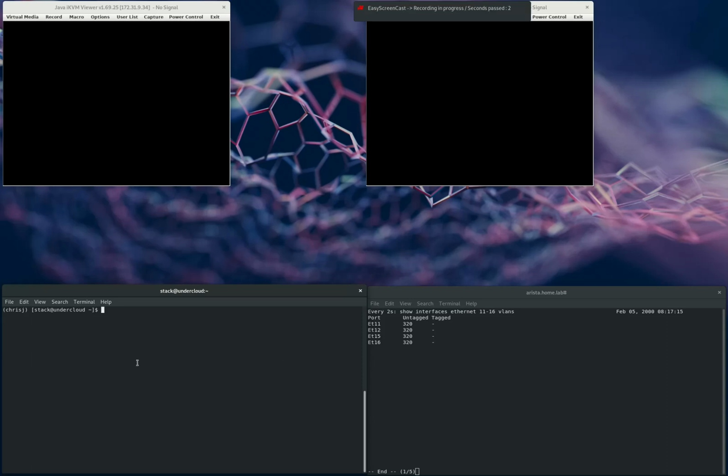Hello and welcome to part 3 of Baremetal as a Service with OpenStack. Today we're going to look at multi-tenancy for baremetal. The two windows at the top are the KVM consoles for the two baremetal nodes we're going to